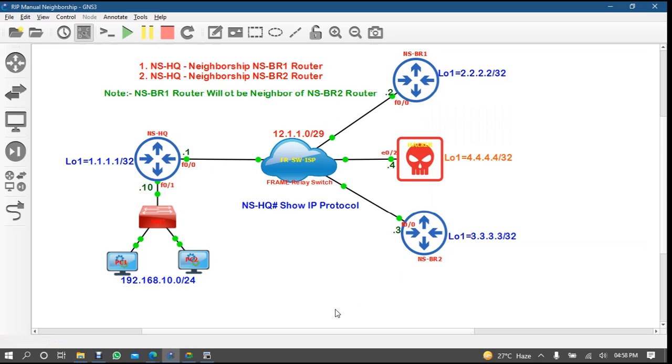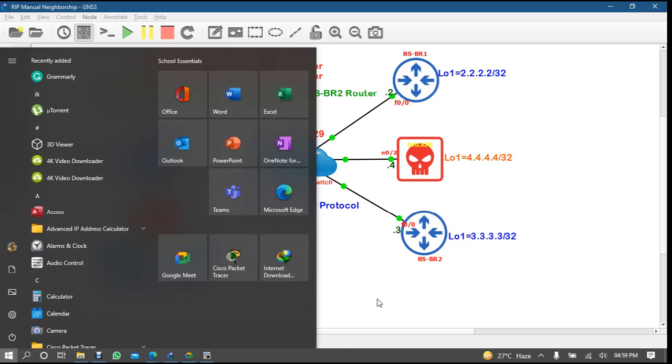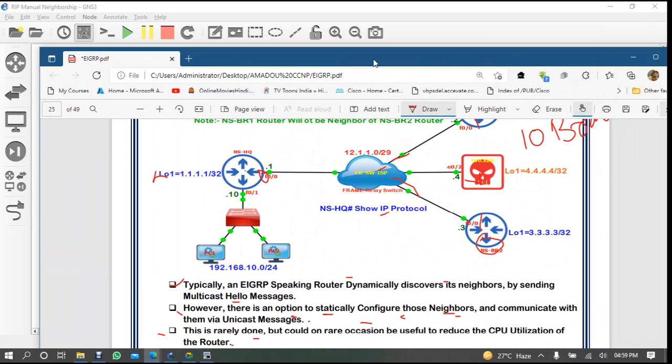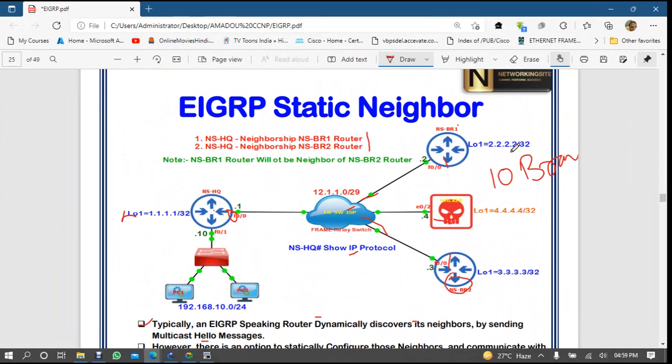So your IT head will say, make the neighborship static. Static means neighborship directly between these routers, like this. Headquarter neighborship directly like this and branch directly like this.